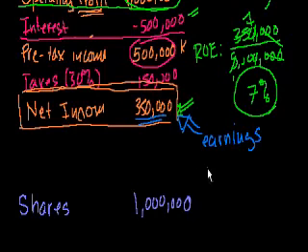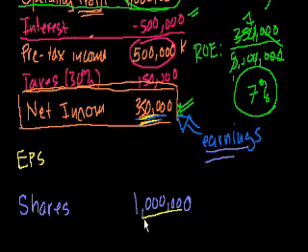So you've probably heard not only the term earnings, you've probably also heard the term earnings per share. What they do is they take your earnings number and divide by the number of shares, and you have earnings per share, or EPS. Sometimes people will just say EPS for this company in 2008 was, in this case, you take $350,000, your total earnings, divided by the total number of shares you have, and that's 35 cents